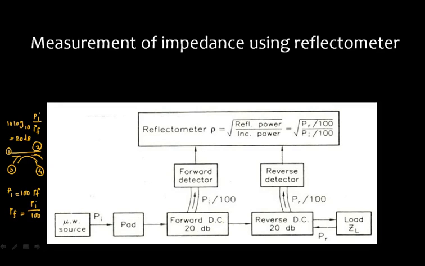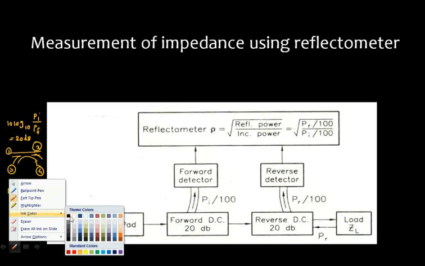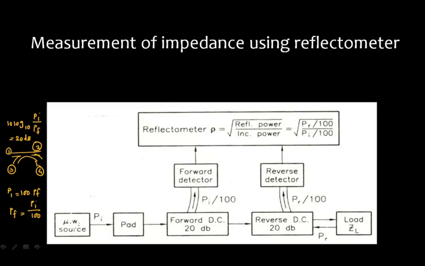So one is the forward directional coupler, that is, you have given the input to port number 1, and then you are checking it at port number 2. If I see what kind of connections are done, you are given a microwave source. This is port number 1, this is port number 2, the third port is terminated, this is port number 4. So if it's 20 dB, your forward detector will detect Pi by 100. Then you have connected that to the reverse. So this will be port number 2, this will be port number 1.